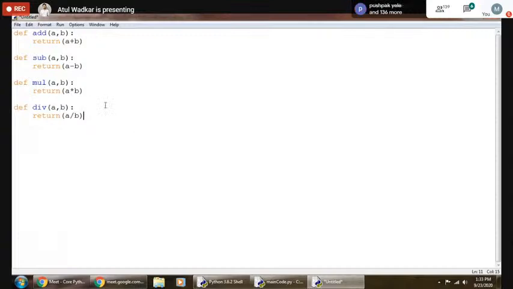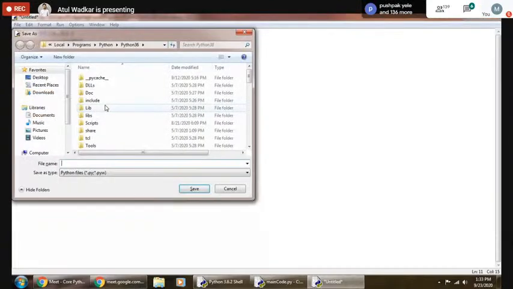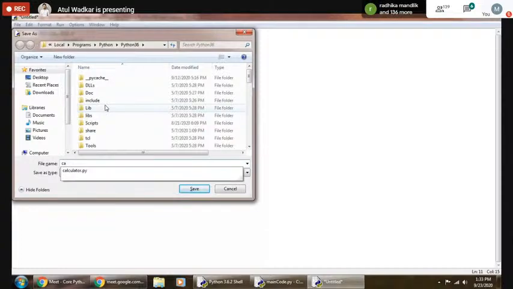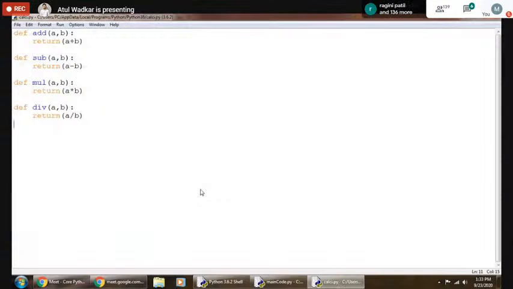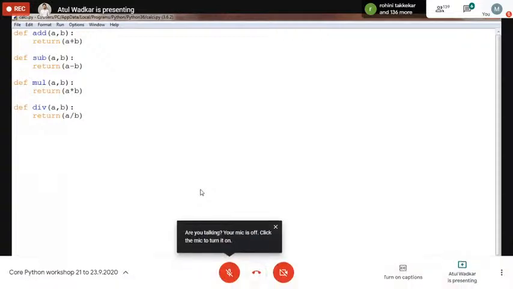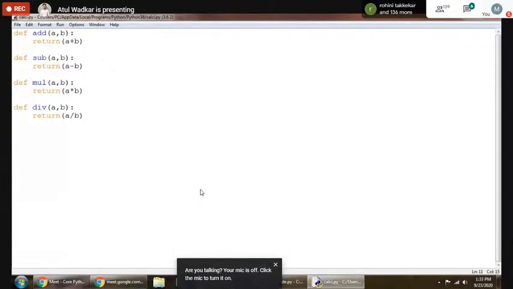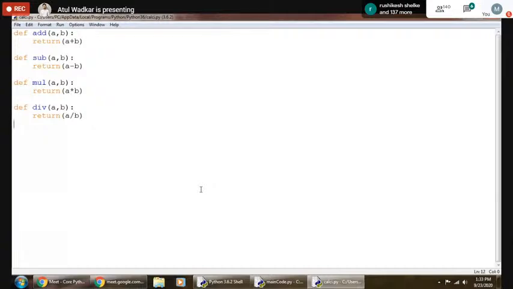Now let us save this with some name. Calculator is already there, so I'll just use calc. It will be calc.py. So calc.py is the function file. If you have a file only with functions, then this file is called a module in Python. A file having a collection of different functions is called a module in Python. So this is the module, and now we'll use this module, or this function file,